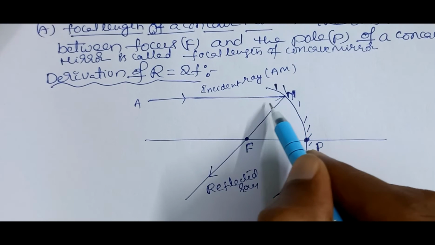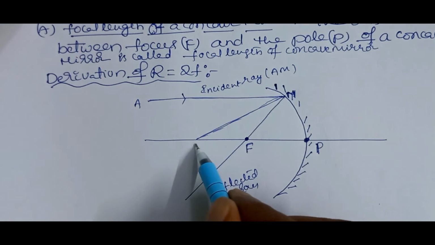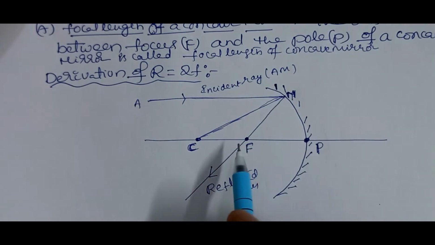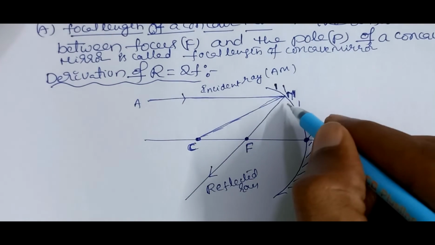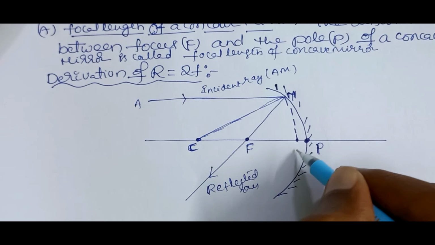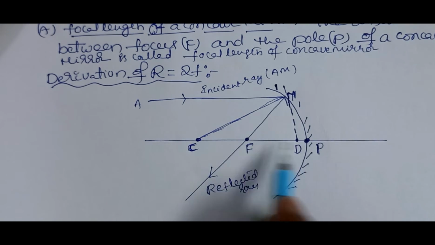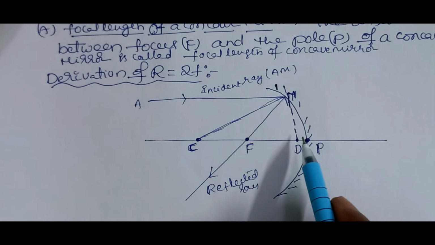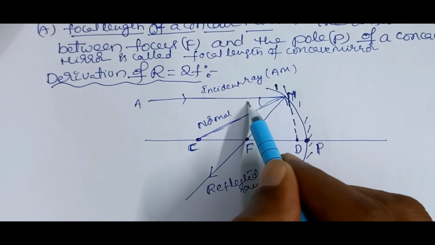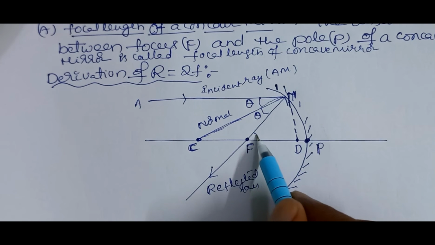Now this is the normal, which meets a point on the principal axis called the center of curvature. From the point M, very close to the pole, a line is drawn to the principal axis. MD is perpendicular to the principal axis. So now this is the normal. This is called the angle of incidence, this is called the angle of reflection. If you take this as 2 theta,